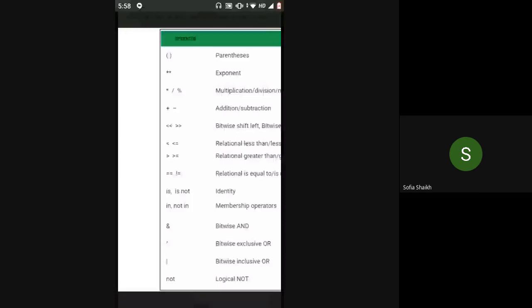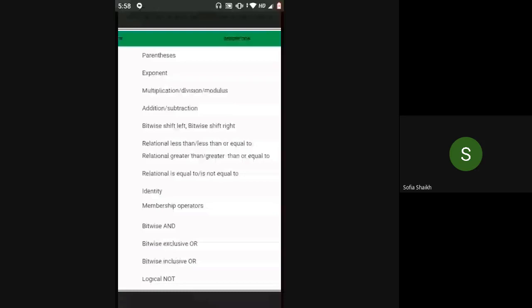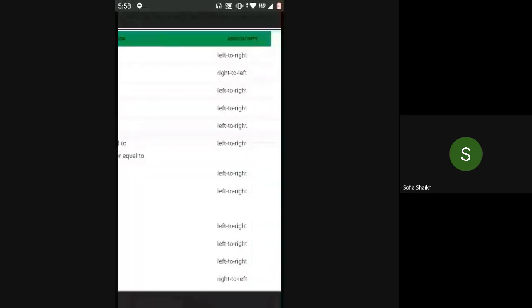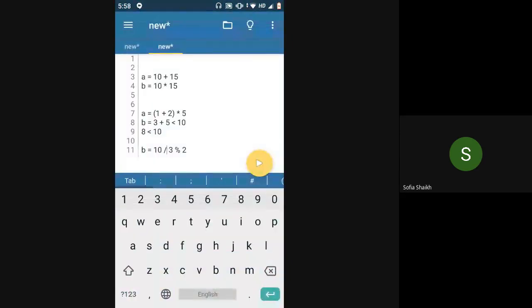So how will Python understand which operator to evaluate first? That is looked into by associativity. Here it says left to right associativity, which means whichever operator is present on the left-hand side will get evaluated first, and then the one on the right-hand side. So 10 divided by 3 will get evaluated first, and then whatever is the answer, modulus 2 will be evaluated later on.